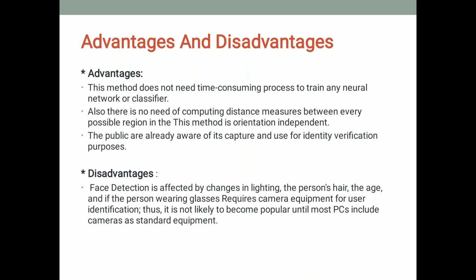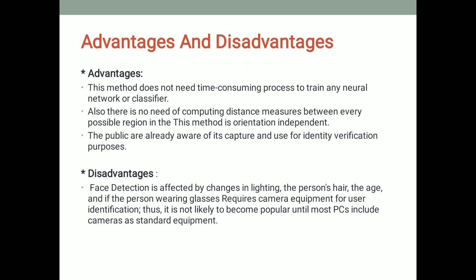The advantages of our face detection technique are that the method is not very time consuming, and it is very necessary in many big companies, schools, and colleges, as colleges need to find a particular student from his face data, and the public is already aware of this capture and use for identity verification purposes.